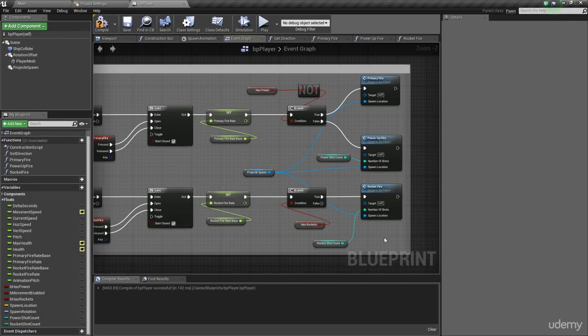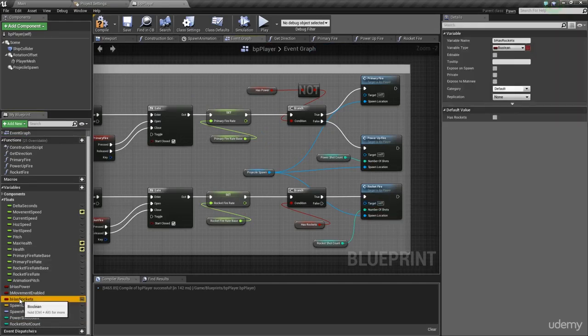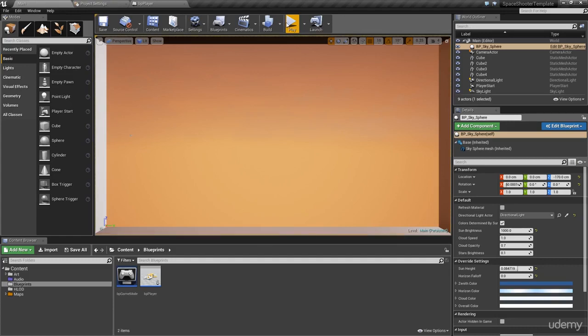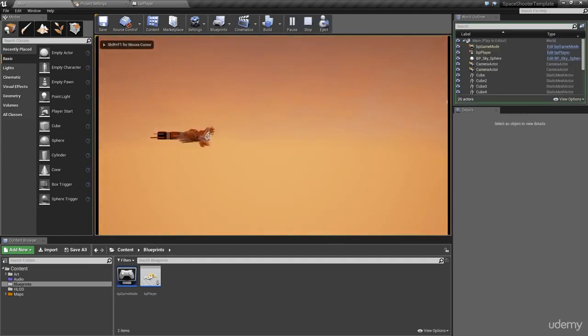So there we go, we now have our rocket power up ready, and we'll need to do the same thing as before to test this. So we will go to the B has rockets boolean, we will tick that to say that we do have rockets. And with that done, we can go back. This should work as default as the others have. So we're just going to go in, and I'm getting